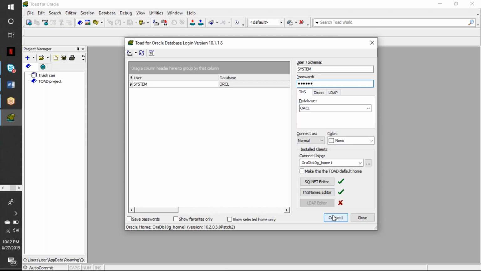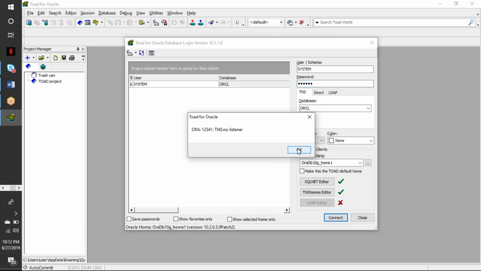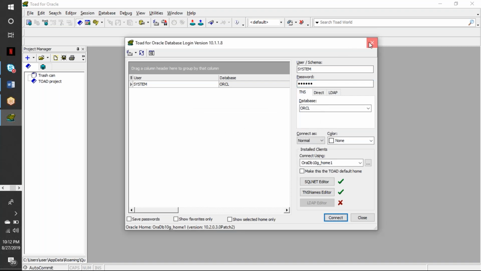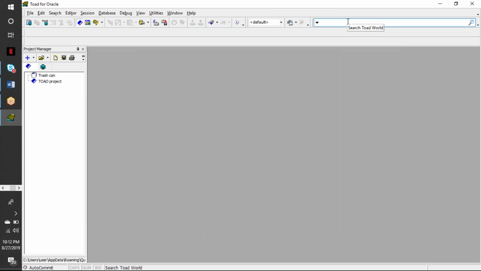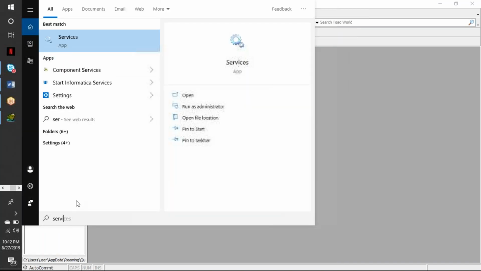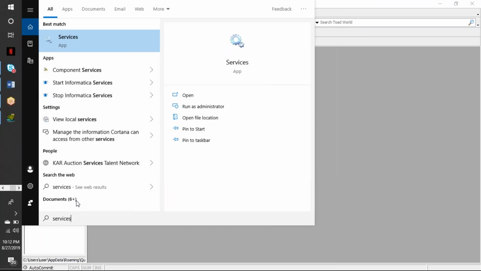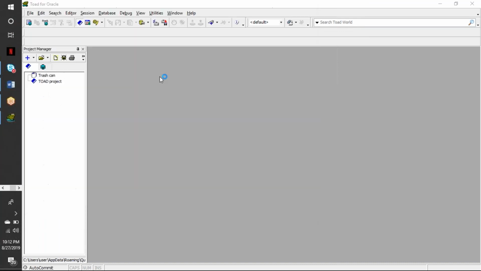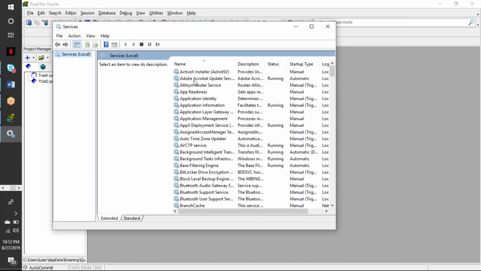Okay, now go to the search. There you type services. Below that you have a search box, right? Type services. Select the first one.